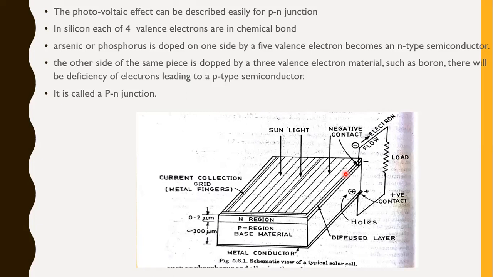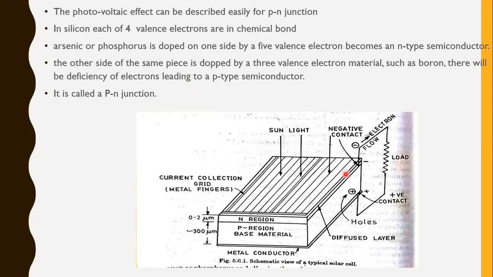So all such cells generate direct current, which can be converted into alternating current if you want. The current generated by this cell is output as direct current, DC. So it can be converted into alternating current according to our applications. So what type of application are we using? For the required application, we can convert the current as desired.